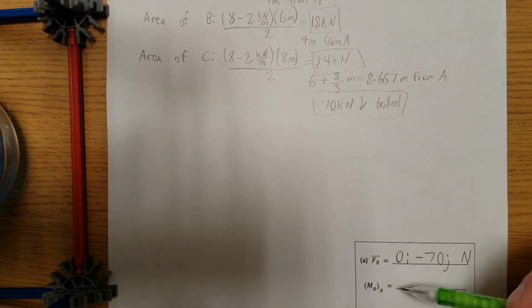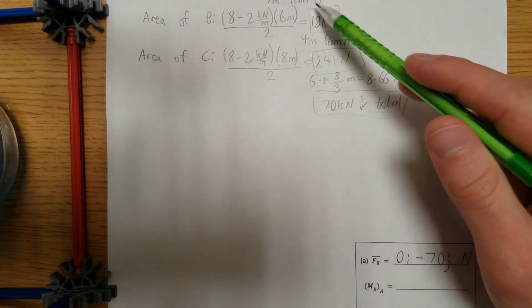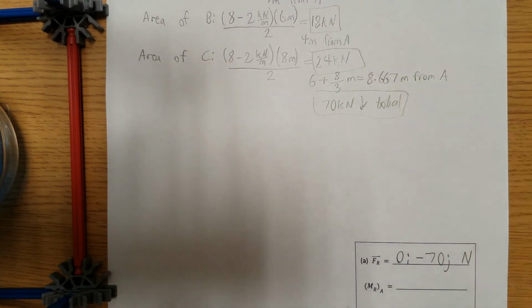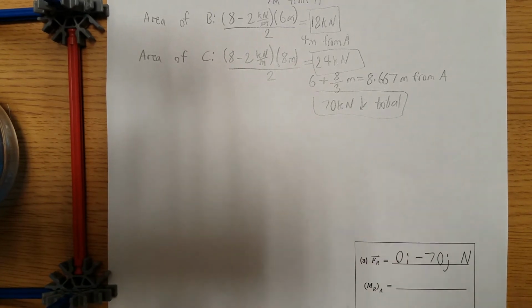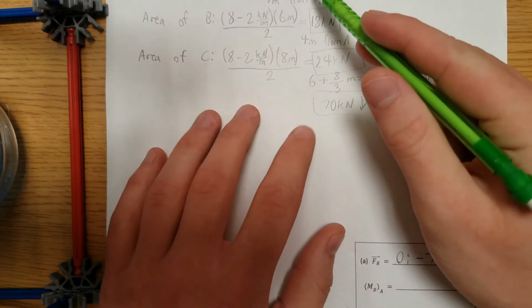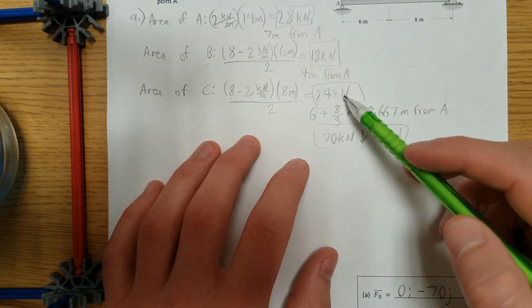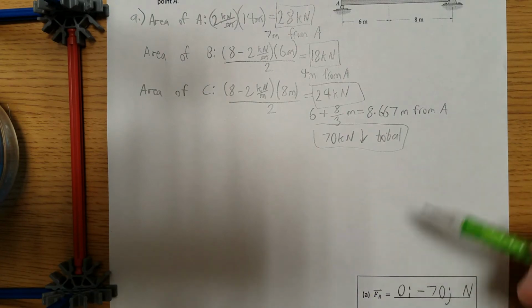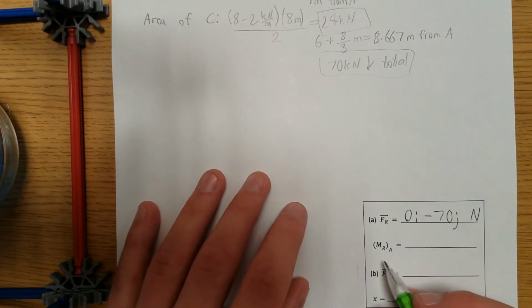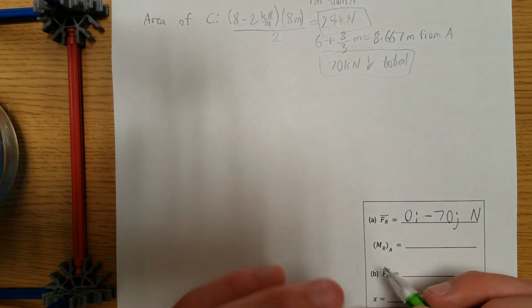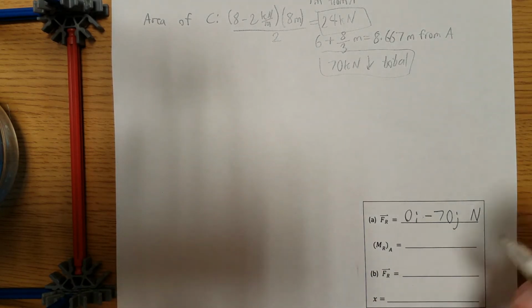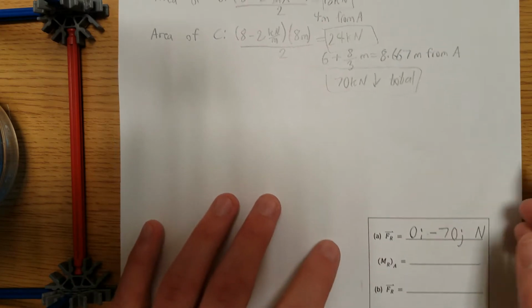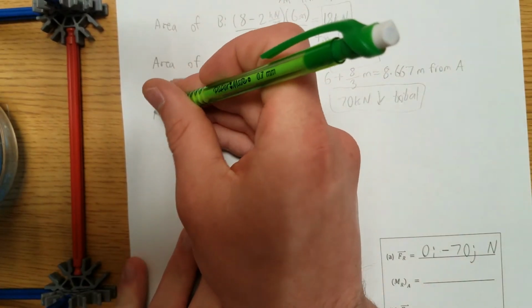As far as the moment about A, this is kind of where it gets tricky. We have all of these different distances here. So what you're going to want to do to find the moment about A is multiply each of these resultant forces that we found by the distances from A. And then that should give you your total moment. So down here, it looks like it's asking for just the magnitude. We probably want direction as well, whether it's positive or negative, but it's not asking for it in vector format, which is nice. So we'll go over here, M_RA,